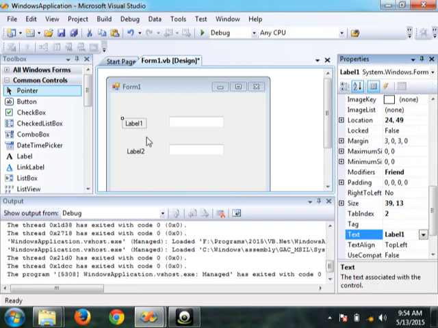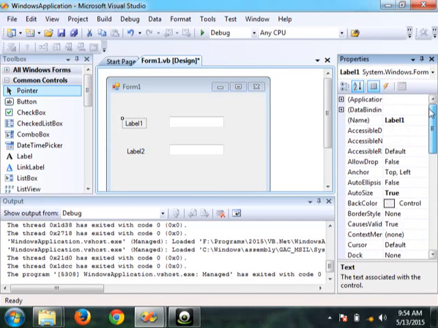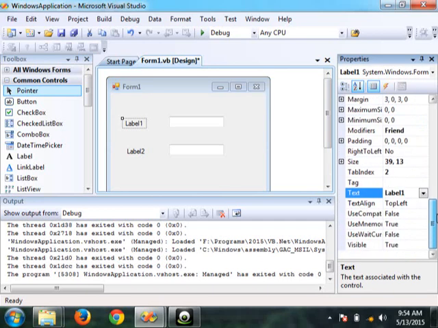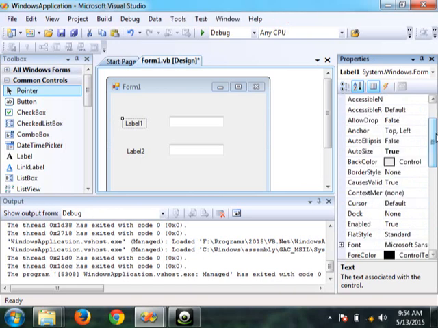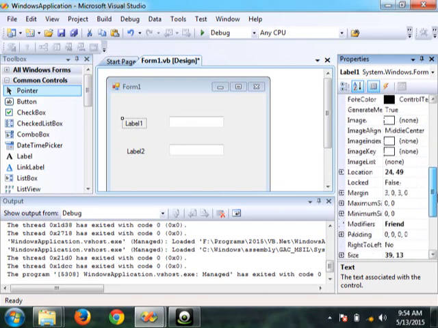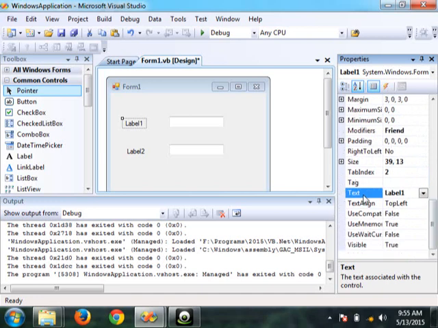Now, the moment I click on this text box, these are the properties, all these different kinds of properties that are available. Every property has got certain things to do with that particular control. We will discuss some common properties later on. But right now, if I want to change this label because I don't want Label 1, there is a very important property called Text.